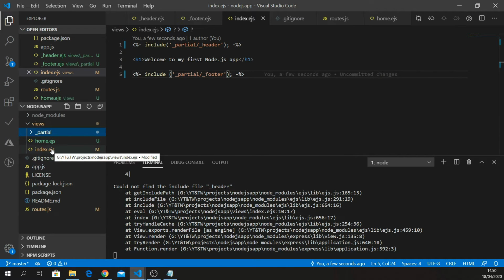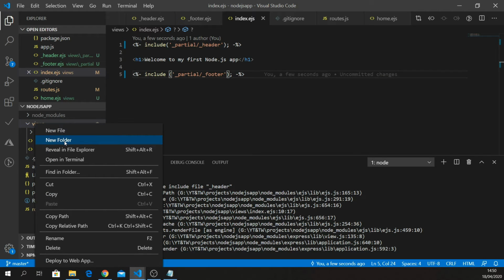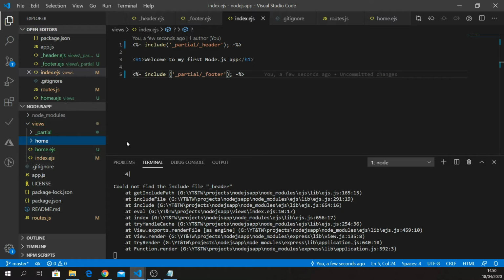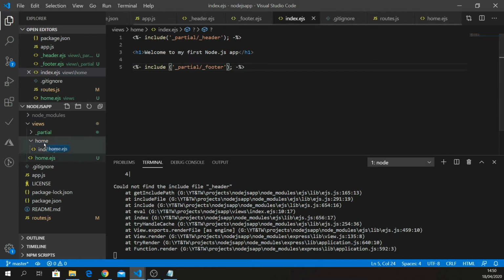The next part we want to do is start dividing up our views into folders as well, because it seems much smarter that everything that has to do with the blog posts goes in a different folder than everything that has to do with the user account, settings, profile pictures, etc. So the first thing we're going to make is a second folder, which we're going to call the home folder. This is going to contain all our home files. So this can contain index, we'll move the index,